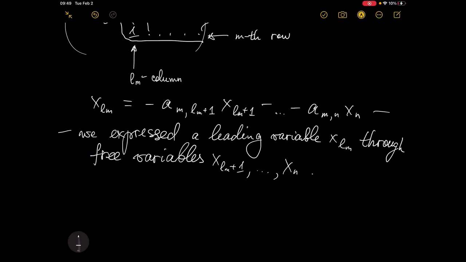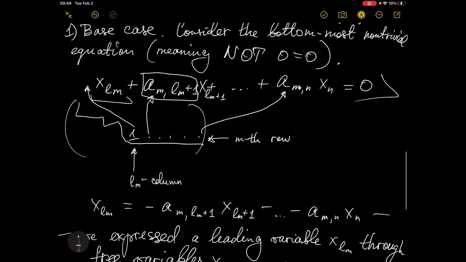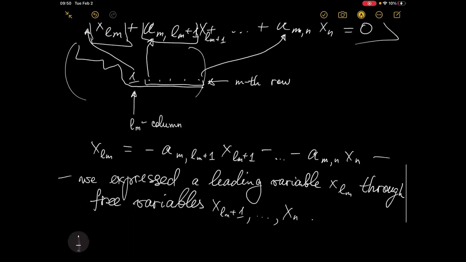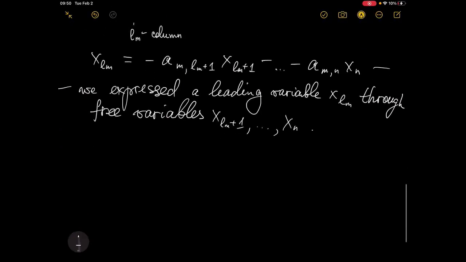Clear. Okay, the only problem which we can have here is if all the coefficients here are zeros, but this is really not a problem. It just means that XLM is exactly equal to 0, right? This will be the equation. So then we just use the next row, the first row where we have free variables, right? Okay. For the induction step,